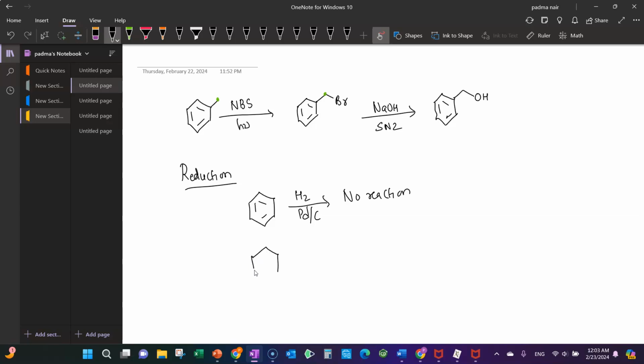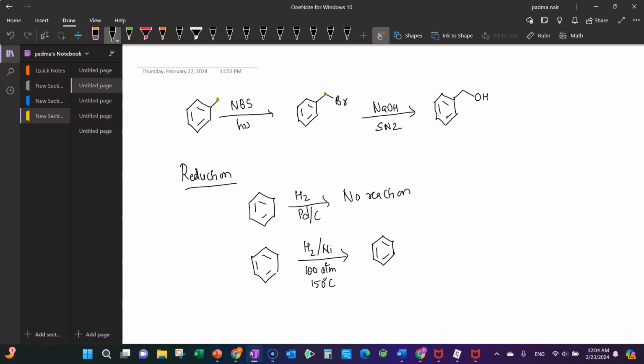So if you take benzene and treat it with hydrogen over nickel, a metal, at 100 atmosphere pressure, so pretty high pressure, and at a high temperature like 150 degrees Celsius, these conditions will